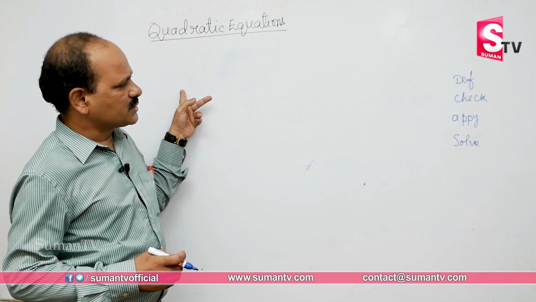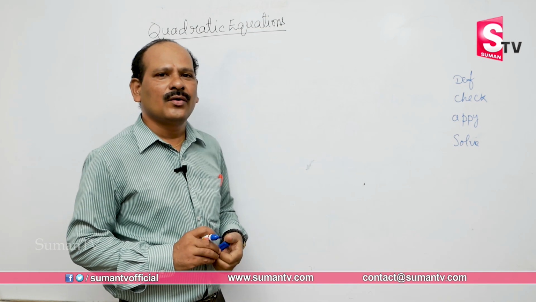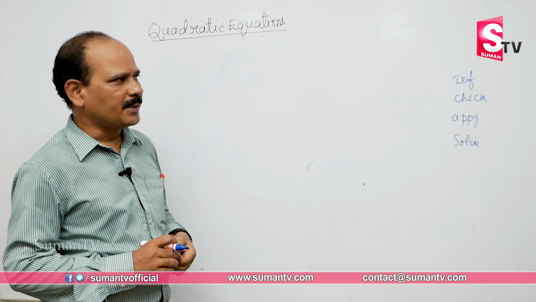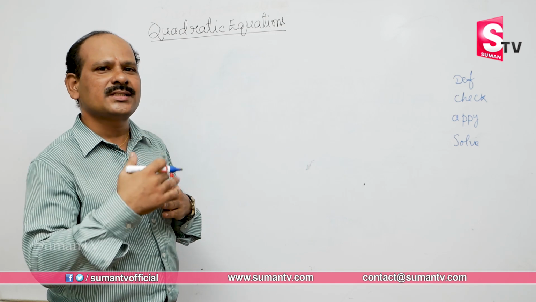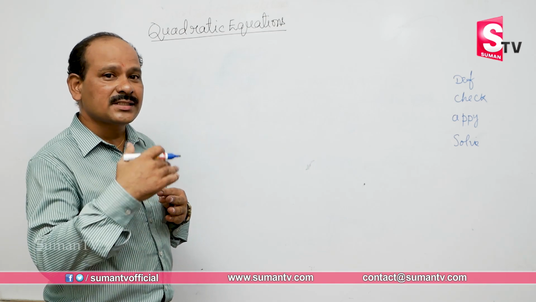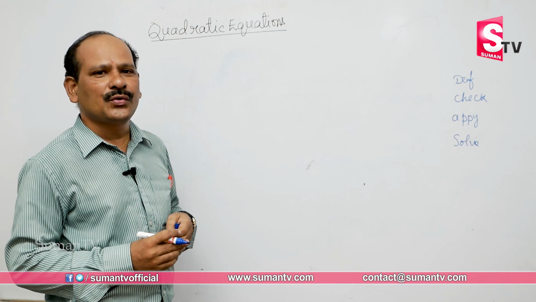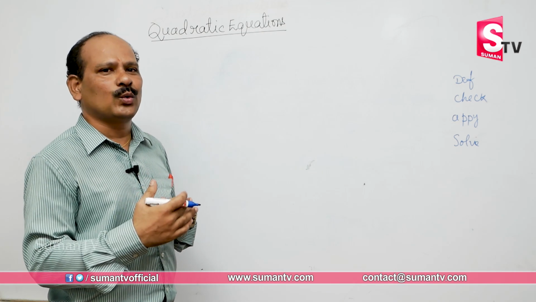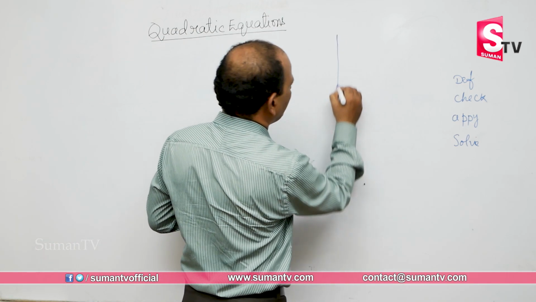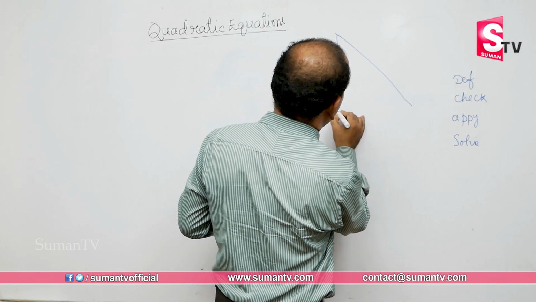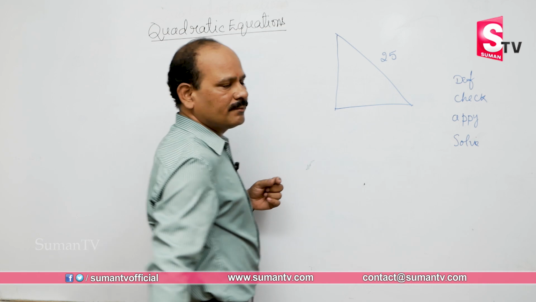The hypotenuse of a right angle triangle is 25 centimeters, and the difference of the other two sides is equal to 5. The length of the hypotenuse is equal to 25. Now we have to find out the length of the other two sides. Normally the right angle triangle will be like this. The length of the hypotenuse is given by 25